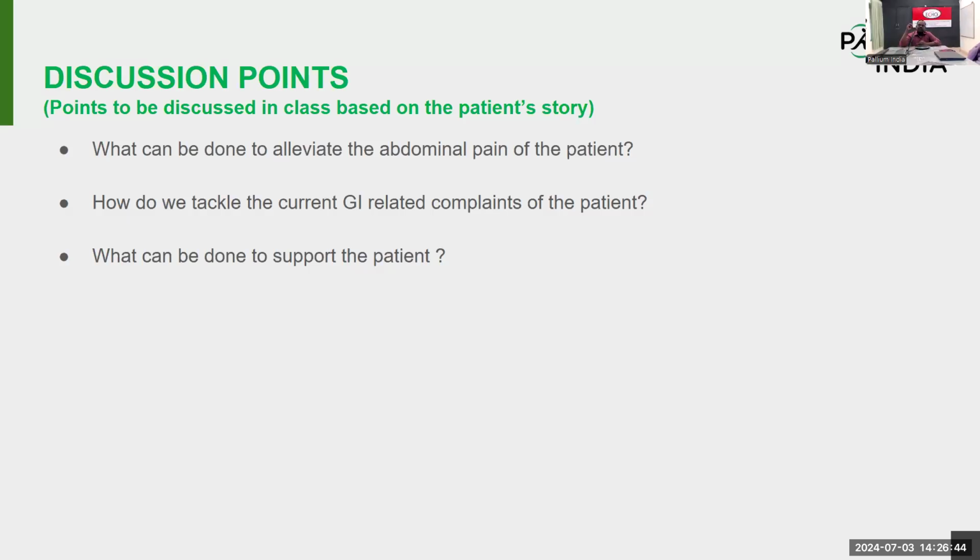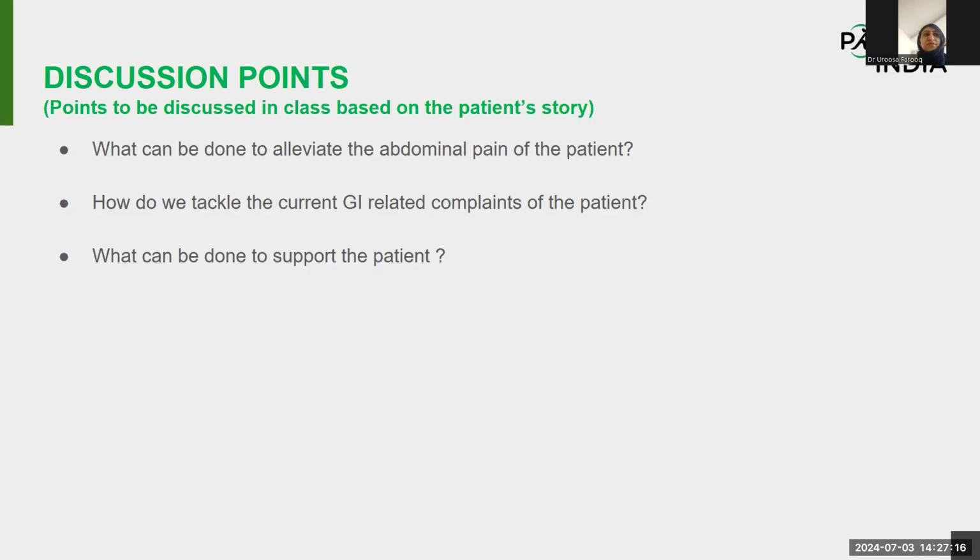So metoclopramide, which is the prokinetic which is usually used, also increases the peristalsis. So the patient already has increased peristalsis due to obstruction, and that is causing colicky pain. And then you add injection metoclopramide, which is again going to increase the peristalsis, which will cause more pain. So if there is pain, you should not use prokinetic.